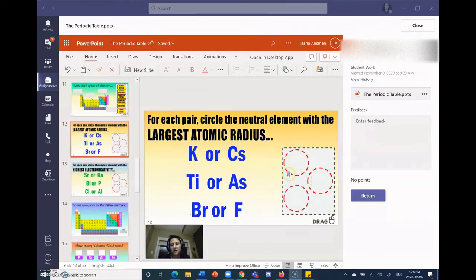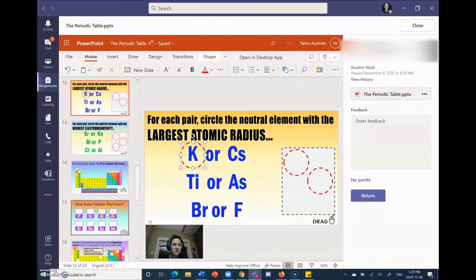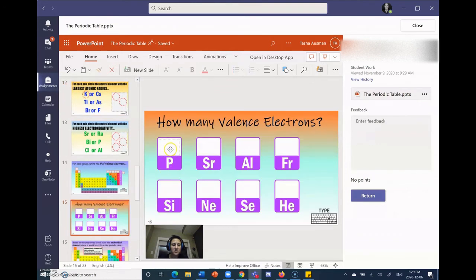Another option in a slide further down is to have students drag the element, or actually is it drag the circle? Onto a particular element, there you go, to say, oh, is it potassium, is it cesium? You have a choosing fashion where students can then circle something, and that also gets auto-saved on a particular slide. Sometimes students can just type right in how many valence electrons are there. You can just type a number right into your answer, and then that will show up here for the teacher